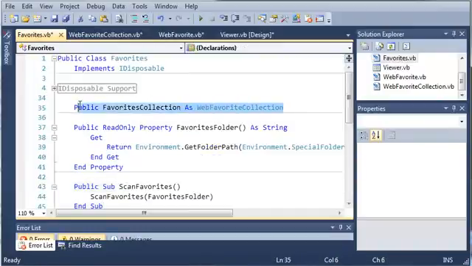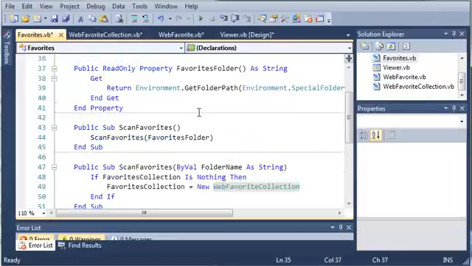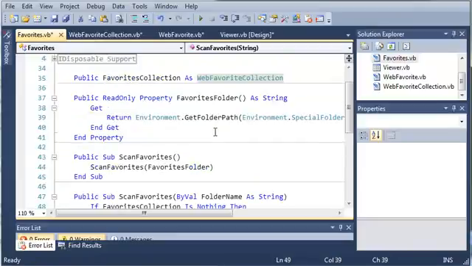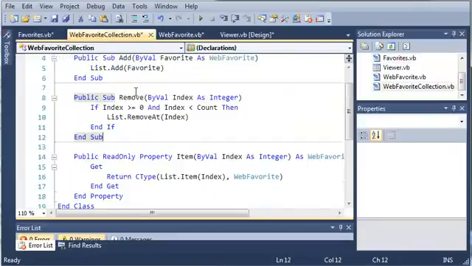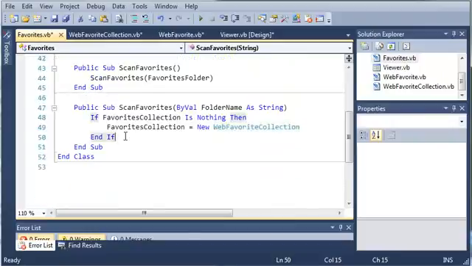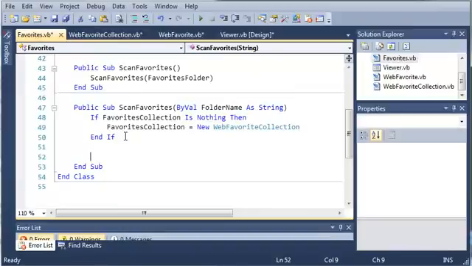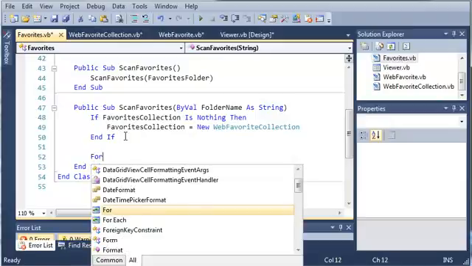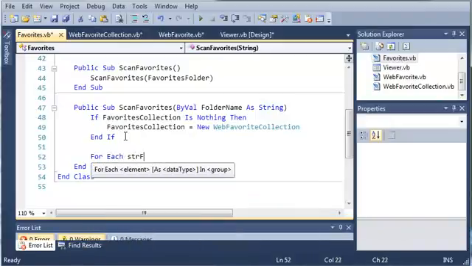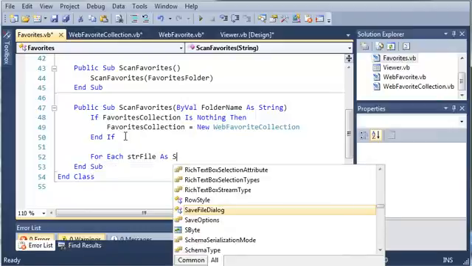That is the reason we didn't create a new instance of this up here, because whenever they scan favorites, it's going to set it equal to a new web favorite collection. Web favorite collection is just the list that's going to hold all of our favorites. So let's come down below this end if. Now we need to go through each file in the folder and find our favorites. So we'll use a for each loop, and we're just going to call string file as string